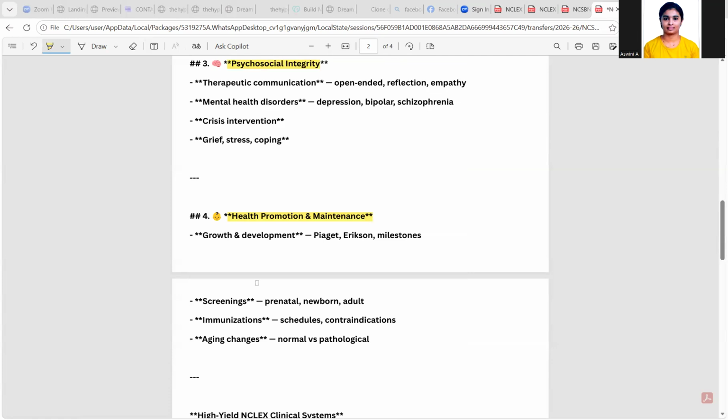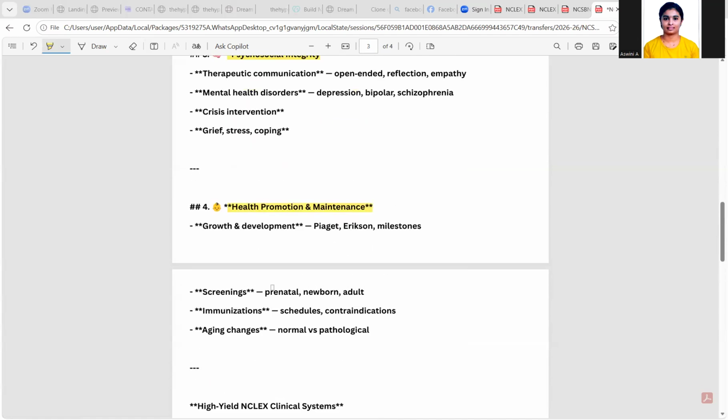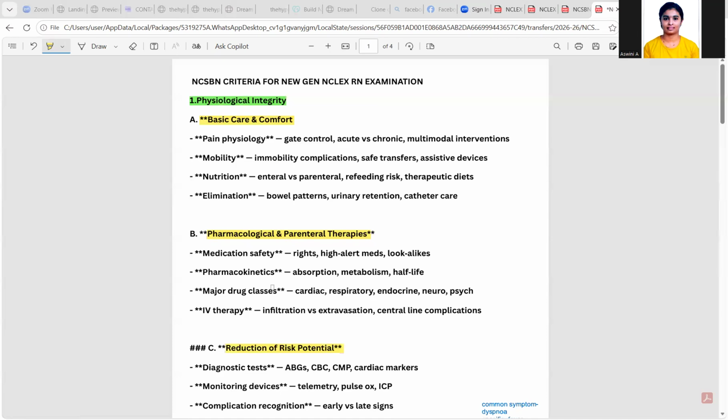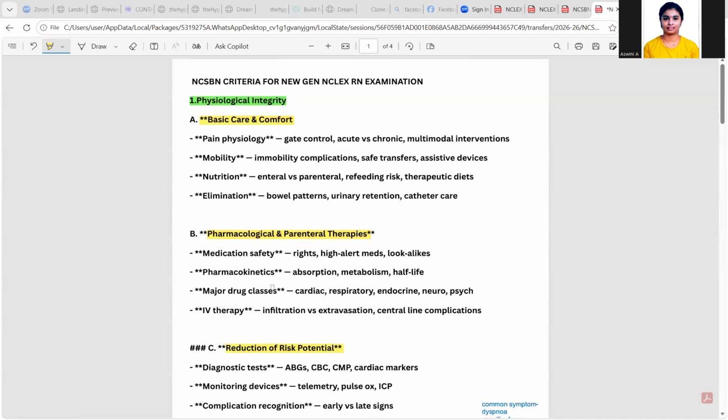Okay, in children growth and development, milestone development, screening test, immunizations, all this coming under the health promotion and maintenance. Okay, these are the main criteria they are assessing in our question analysis. Okay, so I will tell you about each topic in each criteria. Under the basic care and comfort, the main question asking areas, one is related with the